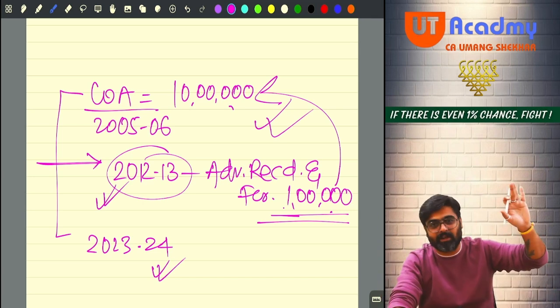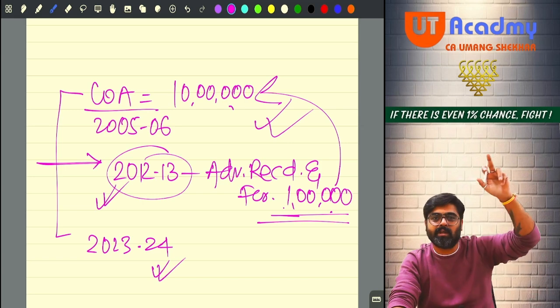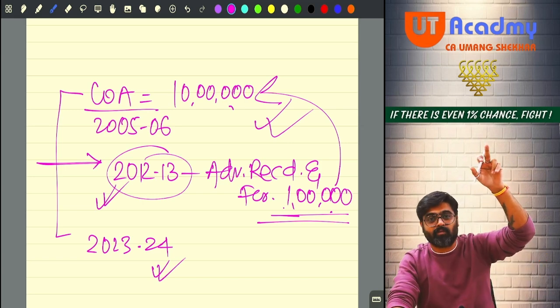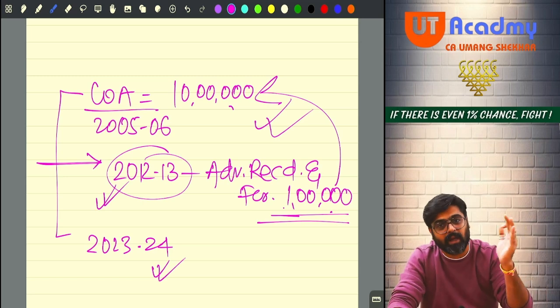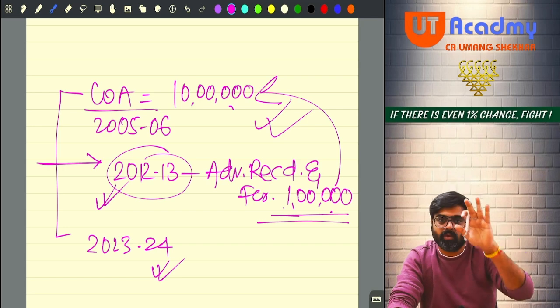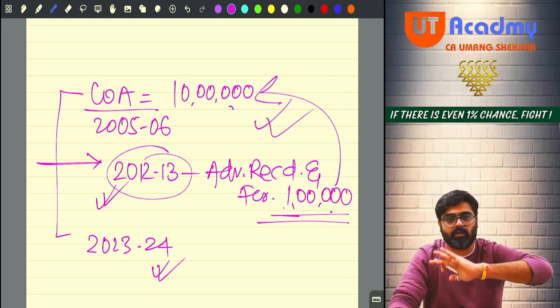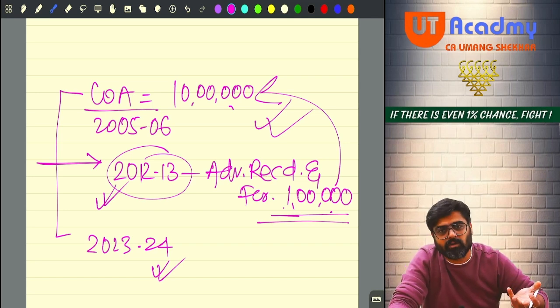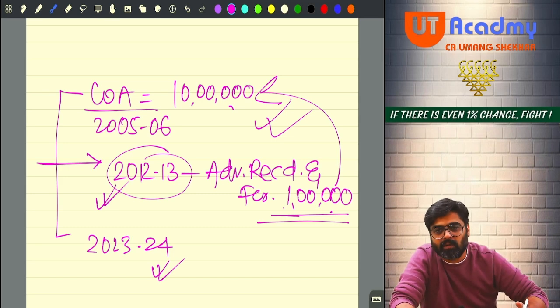So what our institute follows, whatever the department follows, whatever the law says. Law says adjust it from cost. So first reduce it from cost. Whatever cost remains, you index that only. That's it. Got it? So in our solution also we are supposed to do that only, which the institute is doing. It is illogical, I must tell you.